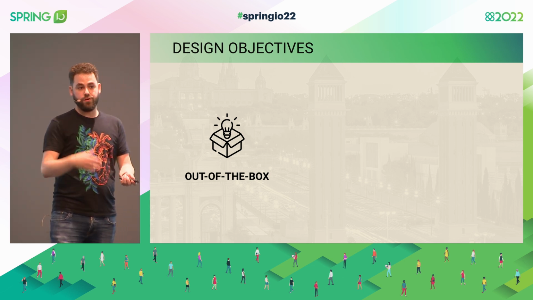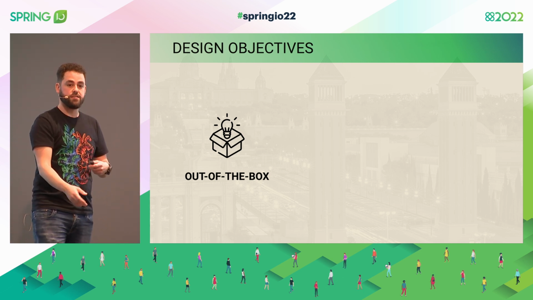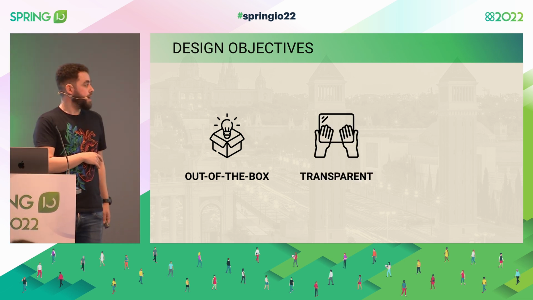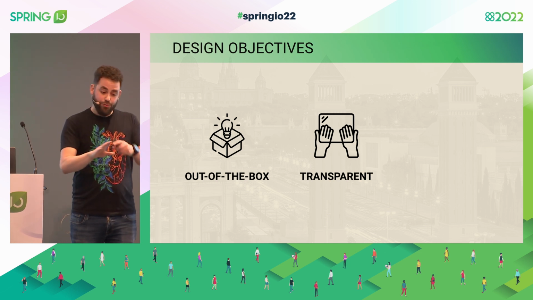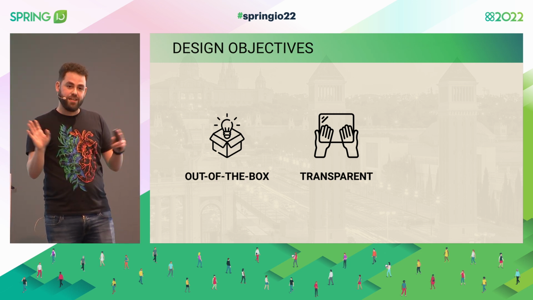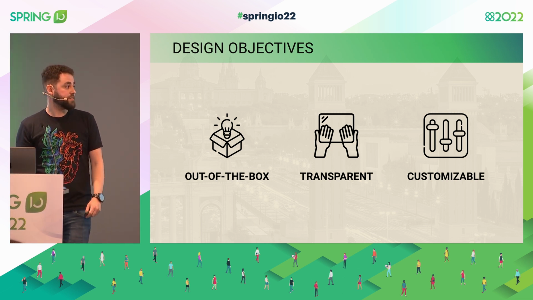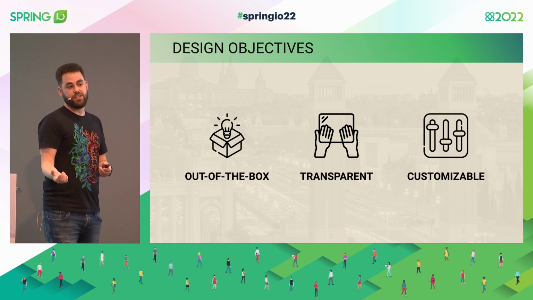I don't want to have to add new lines of code, extend classes. I just want to write my normal code, and I want the framework to be working for me in that case. I want it to work in a transparent way. I don't want to know about the framework at all. It's just there. That's its job. Transparent.